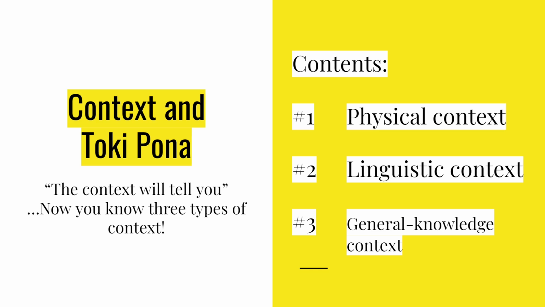So now you know all three major types of context and how important they are when you speak in Toki Pona. In a language with few words, the context allows us to stay on the same page without having to make up new words. But please do keep in mind that this is only one explanation of context. Linguists are actually still making new theories about it. But if you appreciate the terms here and find them useful, then by all means use them.